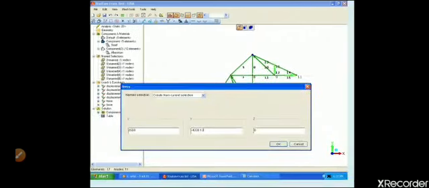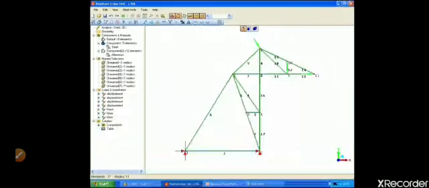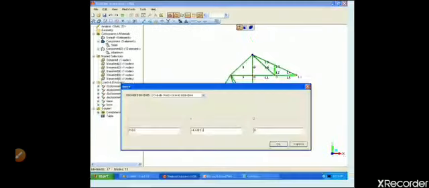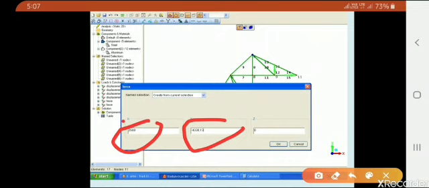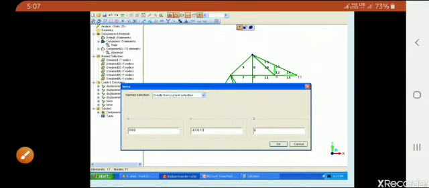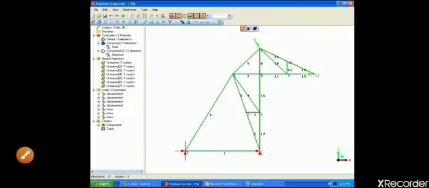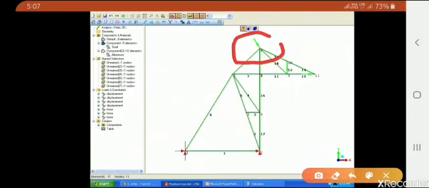Another load is being applied on node number 8, and the load value, because it is inclined, has an x component and a y component of load shown here. Therefore when these values are inserted and we press OK, we will see the corresponding arrow sign at node number 8 also, like this.